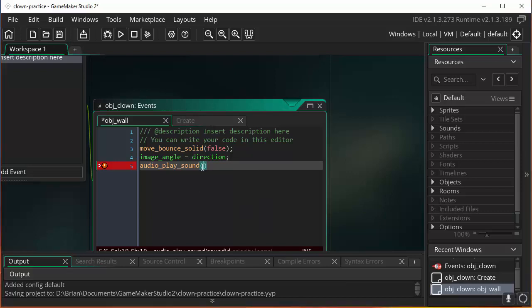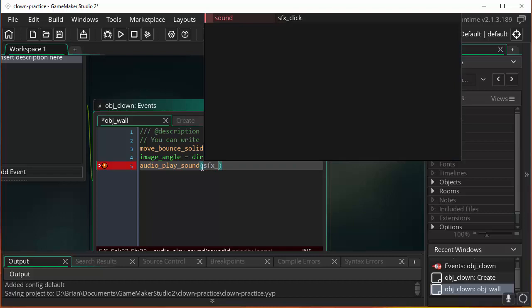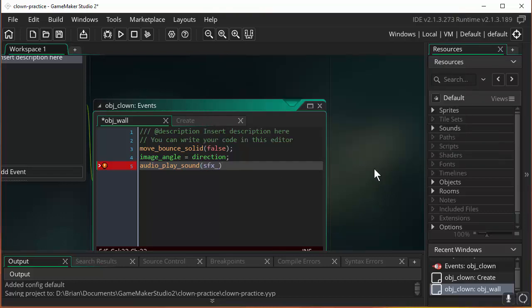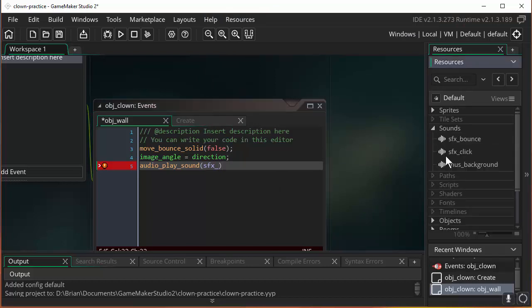And then we're going to pass it some parameters that will help determine how the sound will play and which sound will play. First thing we're going to do is tell it which sound to play. So if you remember, we had SFX was one of ours, and we had one called click. Well, that's not the one we want. Actually, we want a different sound. What do we call it? SFX bounce. Aha,